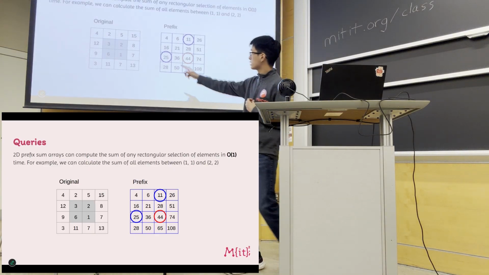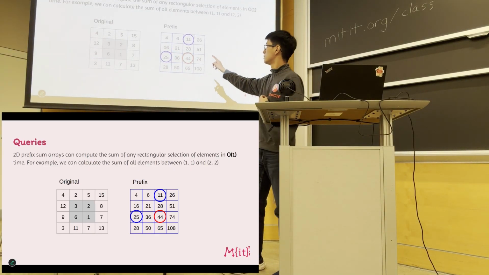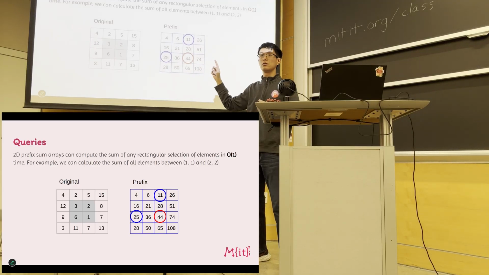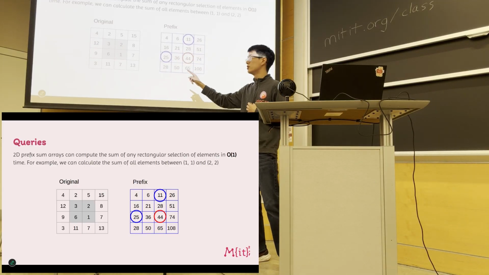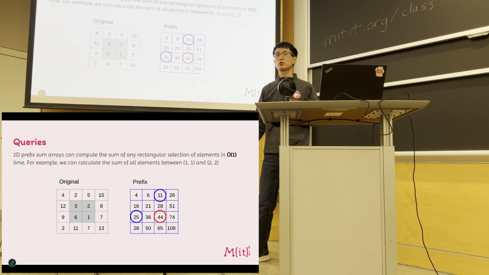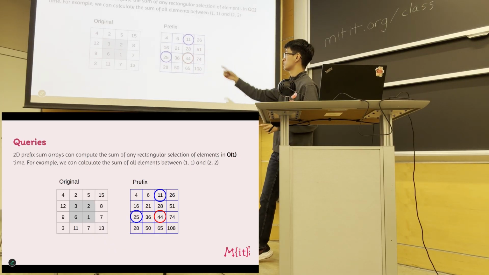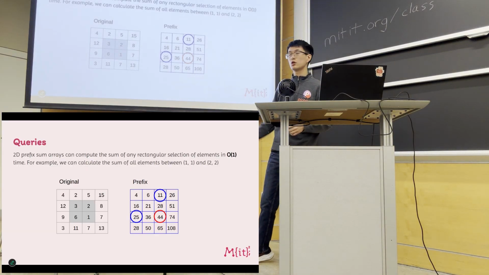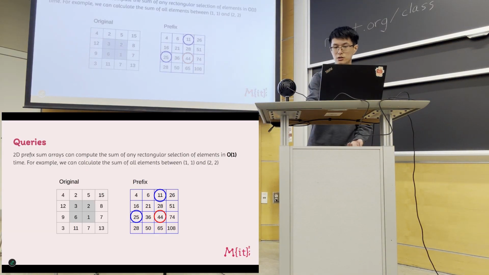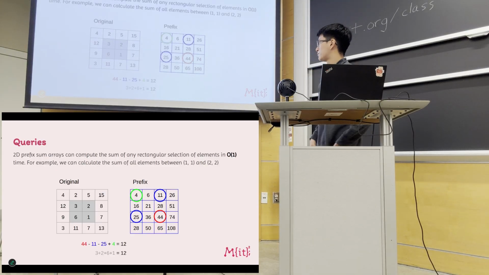If we look at the 4 in the top right corner, when we add the 44, it's included once. But when we subtract the 2 blue circles, we're subtracting it twice since it's included in both of them. So how can we fix this? We can just add it back in. So in this example,